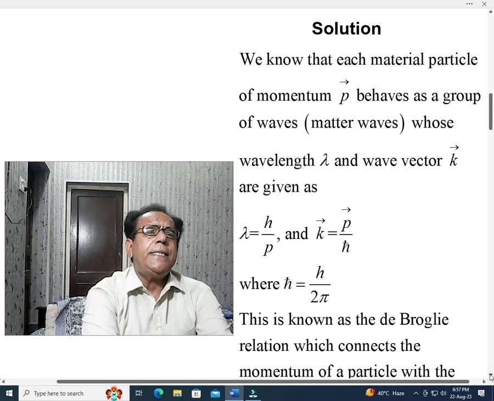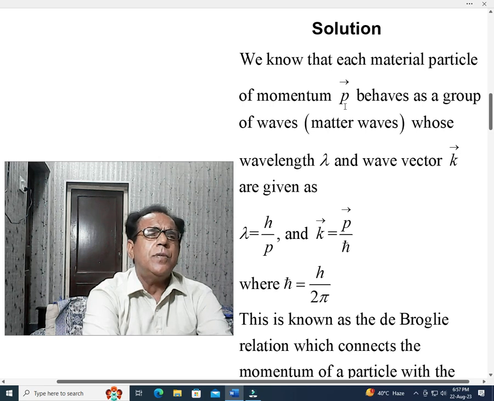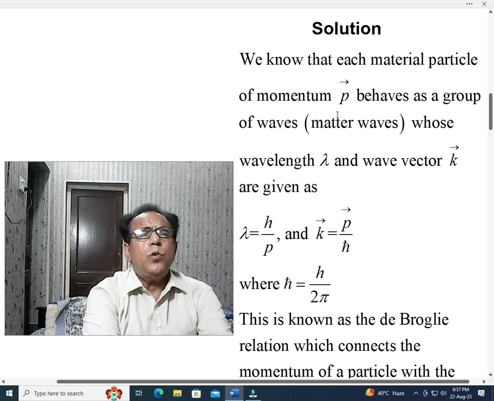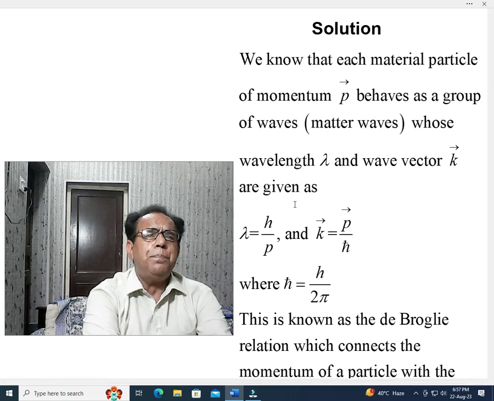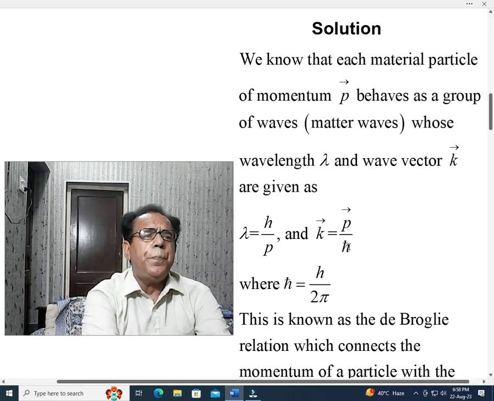We know that each material particle of momentum p, here we can denote p either by a capital letter or by an arrowhead in order to show that it is a vector quantity, behaves as a group of waves, that is matter waves, whose wavelength lambda and wave vector k, either k bold or k with an arrowhead on it, are given as